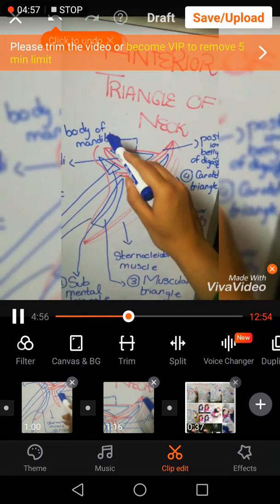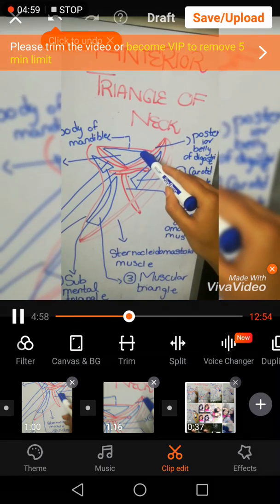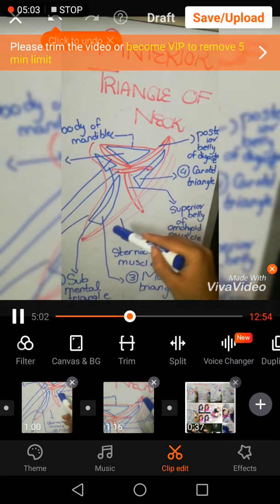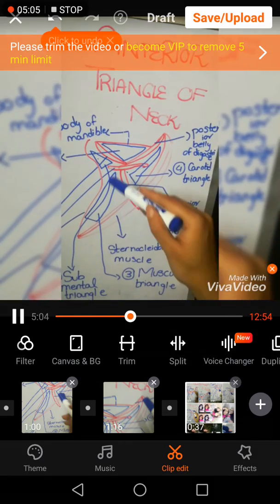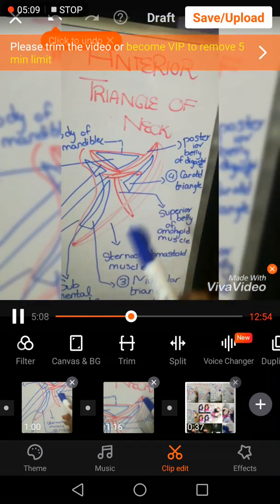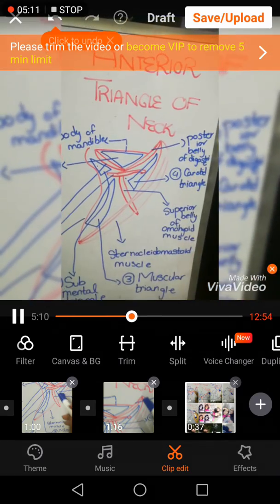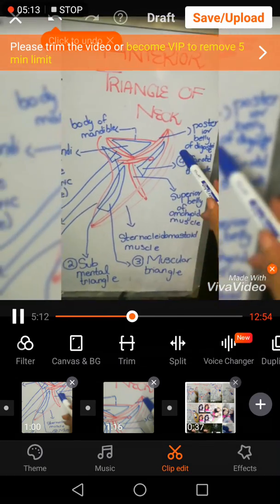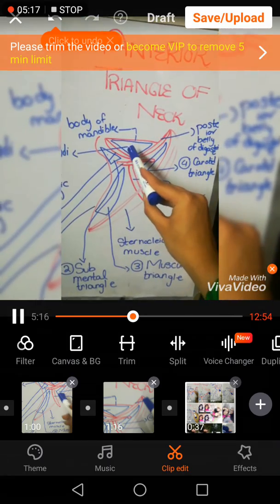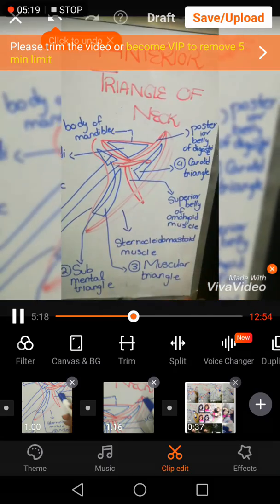So relations: superiorly, you have the base of the mandible or body of the mandible. Posteriorly, you have the sternocleidomastoid muscle, and in front of it, you have the midline. That was the relation of your anterior triangle of the neck. Now, this anterior triangle of the neck is further divided into 4 triangles, which have been shown to you in